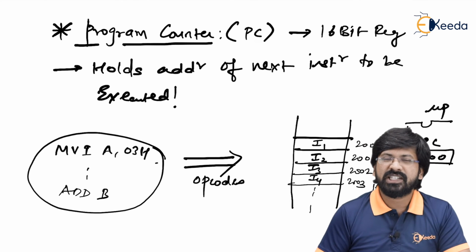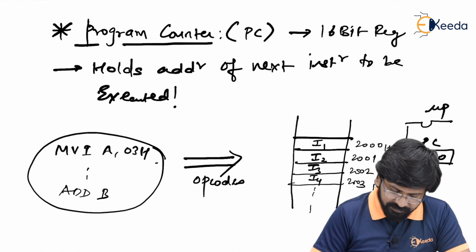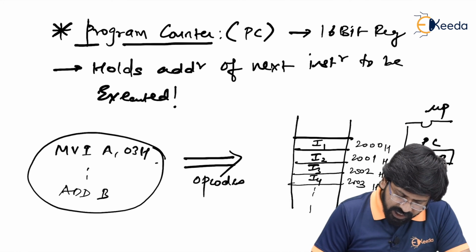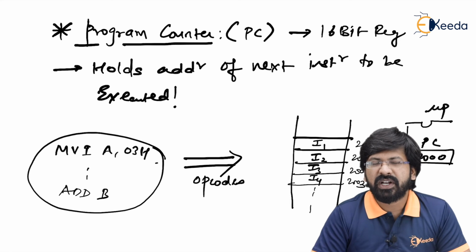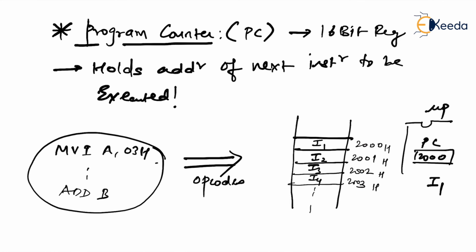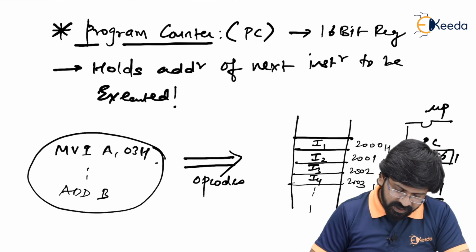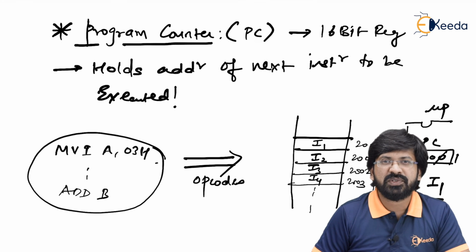Therefore, for the MPU, the instruction to execute is I1, right? Let us assume that the I1 instruction is already fetched and decoded, and now I1 has started executing. While instruction 1 is getting executed inside the MPU, the program counter is automatically incremented by 1. So it became 2001 now. The new content is 2001, because while executing instruction 1, the program counter points to the address of the next instruction. So here, as you can see, the next instruction is at 2001.